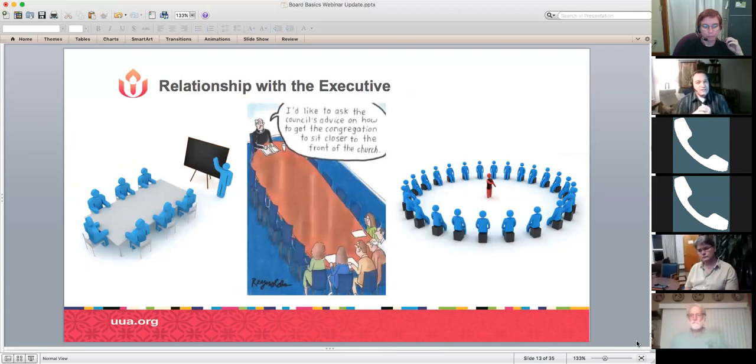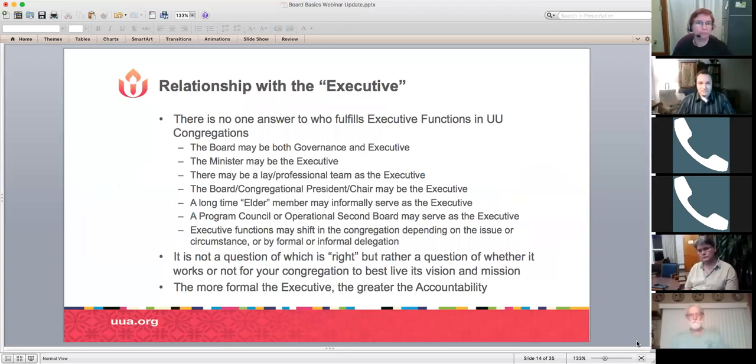Another form is a separate executive team that is not made up of board members, that is accountable to the board, often named by the board, but makes the operational decision making on behalf of the board by delegation. Another structure, one of the more common ones in some of our larger congregations, is that the executive authority is delegated to the minister or delegated to an executive director, where there is an individual who can be held accountable by the board for